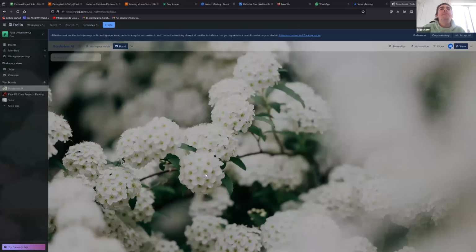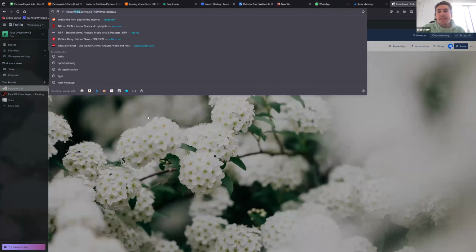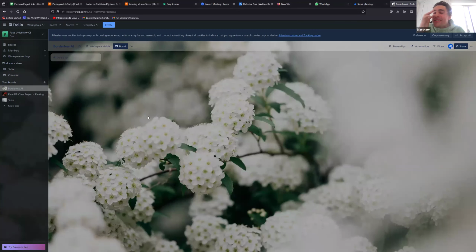I'm gonna share my screen, and we have not talked about this, but I hope this is kind of simple. This website or technology is actually from the same people that make Jira. I think they bought Trello, and I really like it a lot for this kind of thing.